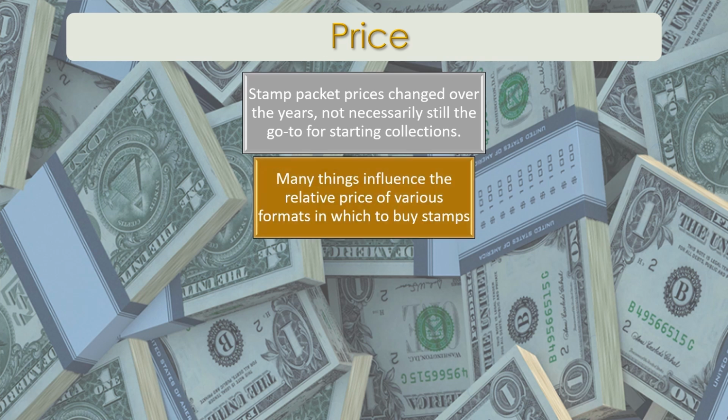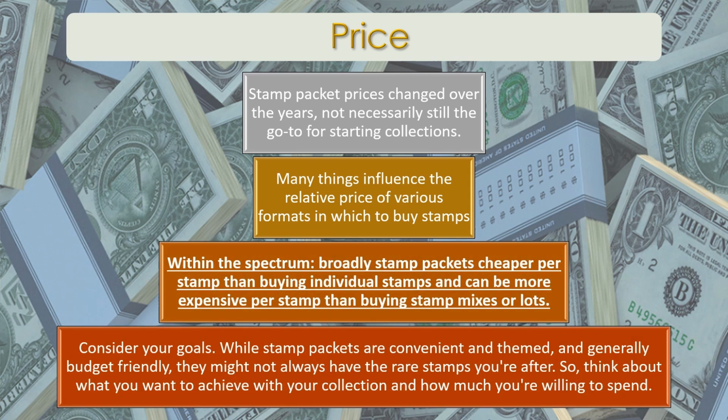The price of stamp packets compared to other formats depends on a lot of things, like how rare the stamps are, their condition, what themes they have, how much people want them, and how the seller sets the price. Plus, trends in stamp collecting over time can affect prices too. So, where do stamp packets fall in the cost spectrum of stamps? Well,